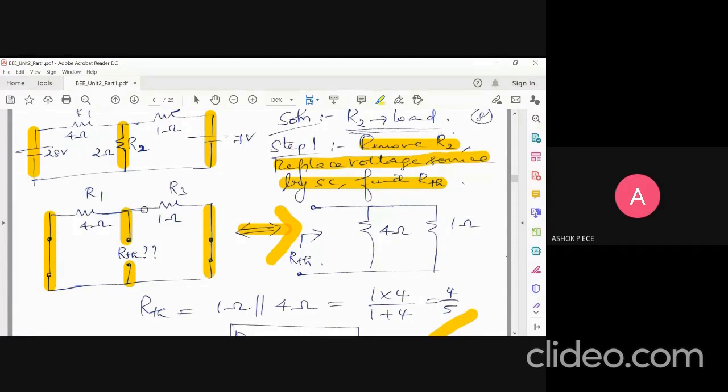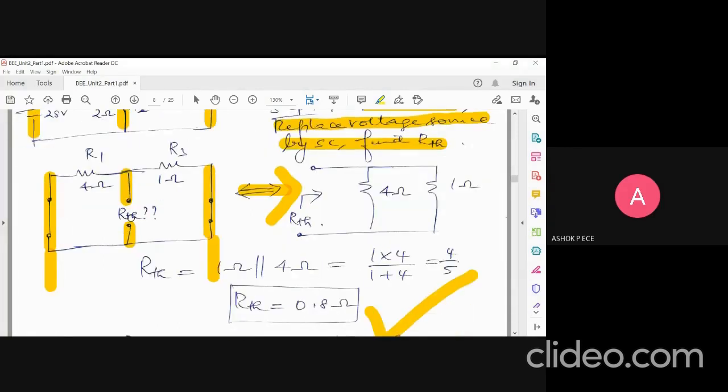Okay, sir. Able to understand? See, if I am just finding the equivalent resistance across these two points, then what you say is correct. R1 and R3 are in series, correct? But I am finding the equivalent resistance across this middle point. So are they in series? That's why I said you consider a voltage source here. The current coming out of the voltage source will be splitting into two. When the current is going to split, you know it is going to be parallel. Simple. Okay, sir.